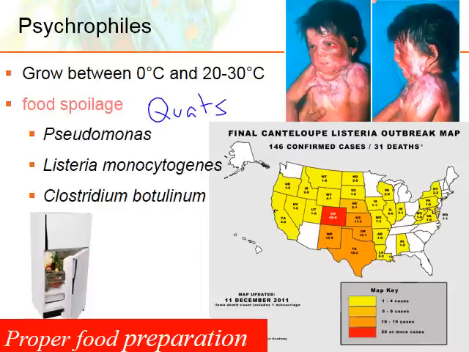All right. The last bug here, Clostridium botulinum. Clostridium botulinum causes botulism. And botulism is one of those diseases where this toxin here, the botulism toxin, when it's ingested, when people get intoxicated, it produces what's called flaccid paralysis. And that means you can't contract your muscles because the botulism toxin blocks the release of acetylcholine. So it can't go across the synapse, and if it can't go across the synapse, then you can't contract your